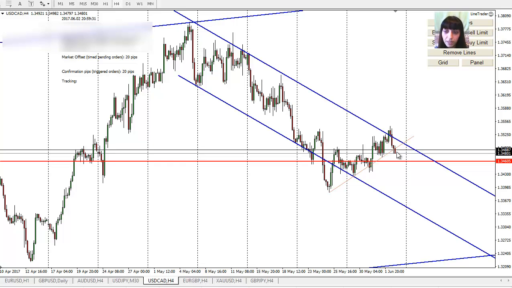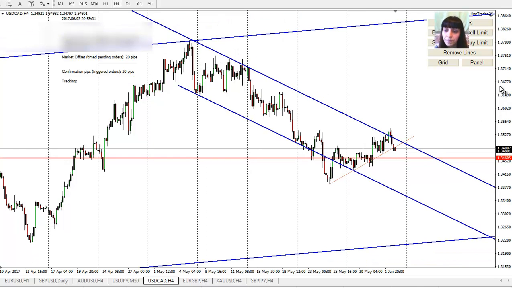it will be also again useful. I would probably rather see it go to this level and consolidate around this level. So here, slowing down and sitting around this area, for me the best option would be to try to sell from that level. Again, it's a very strong level.